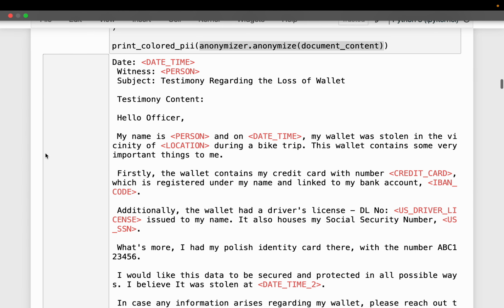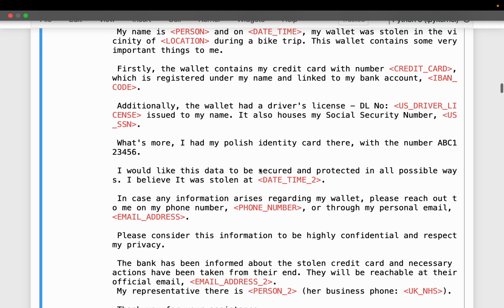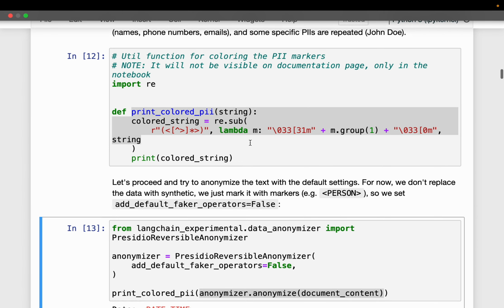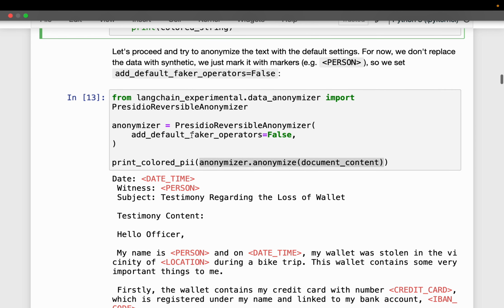All it does is, when we provide some text to it, the text within the angled brackets is printed in a different color so that we can see where we have the PII. So all we are doing is identifying these angled brackets and printing that text in a different color. Okay. All right.